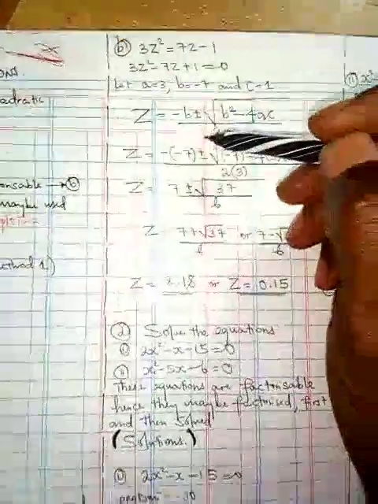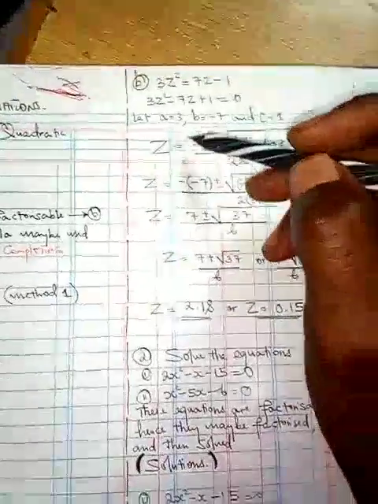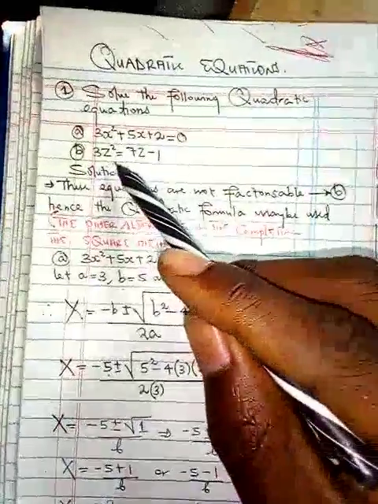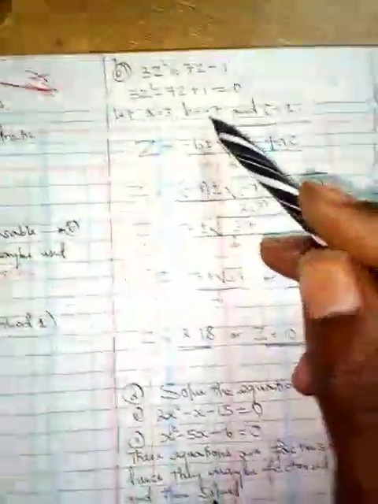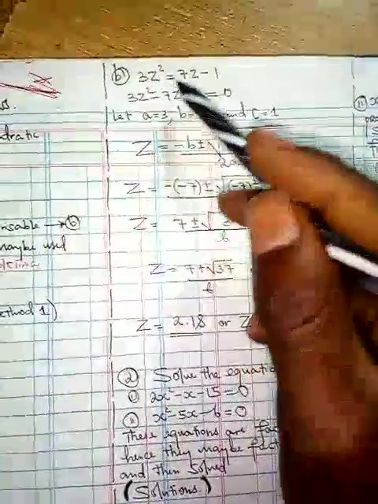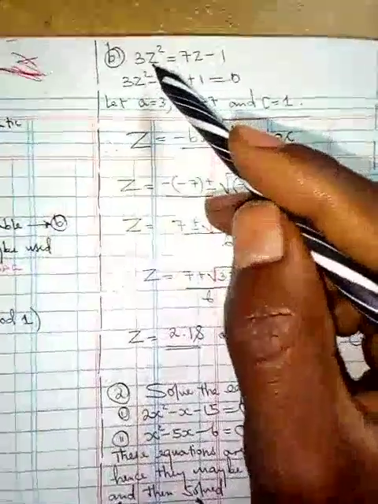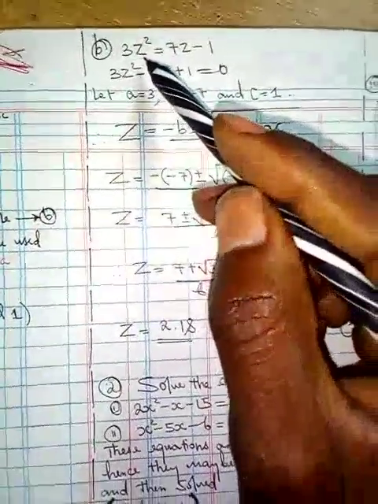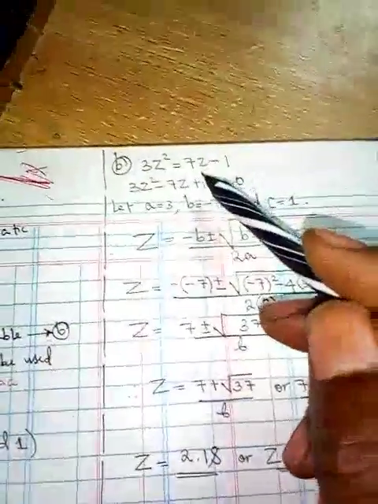Okay. So let's go to the next one. The next one was given to be 3z squared is equal to 7z minus 1. That was how it was. Well, I had already worked out initially how this thing was. So having seen that this is 3z squared is equal to 7z minus 1,